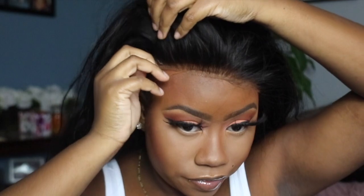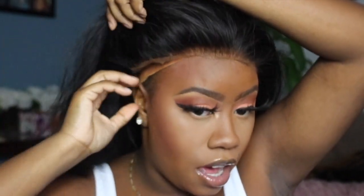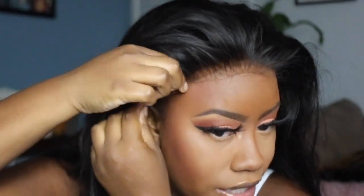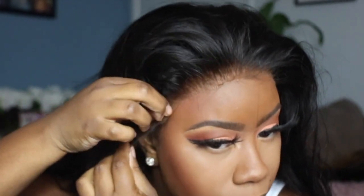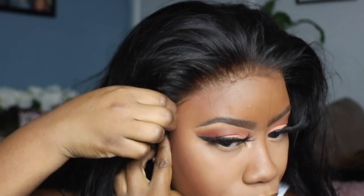And I think that's pretty secure. So I did pre-cut the lace and everything just like how I wanted it, where I wanted it by my ear. I measured all of that stuff just to save myself a lot of time, because editing takes me so long sometimes, like hours. Especially if you have like 2 hours worth of footage that you have to break down to 15-20 minutes. So I am still gonna need to use Got2b glue, but you guys see the knots on